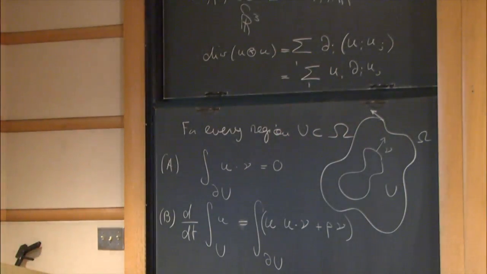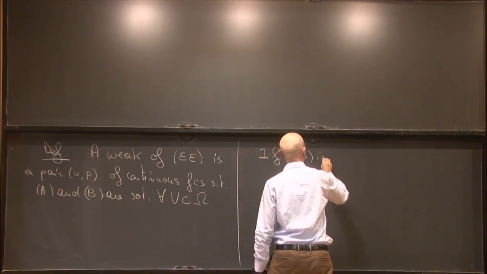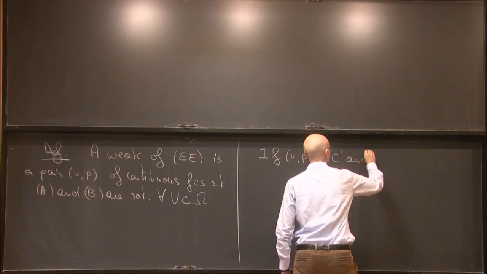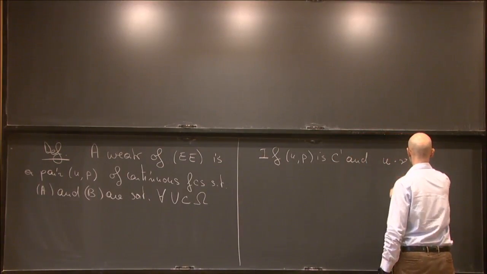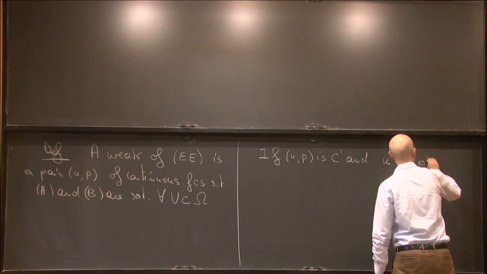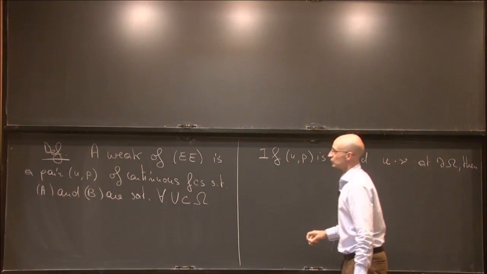Then if you have a smooth solution, so if U, P is C1 and U is orthogonal to the normal nu at the boundary of omega,